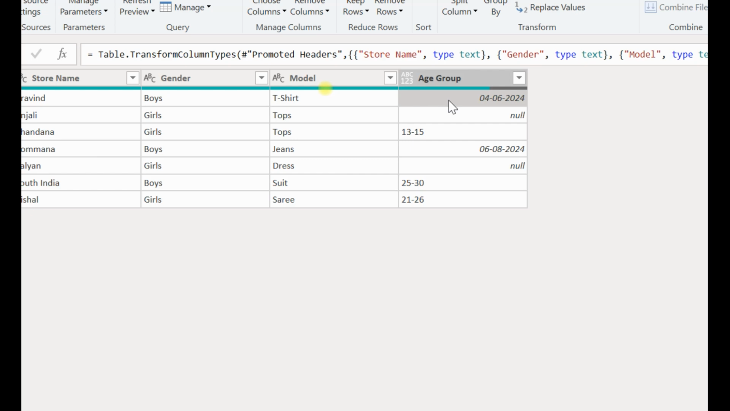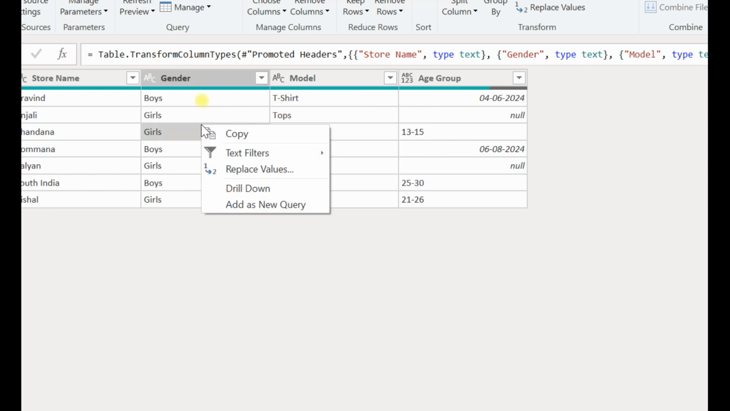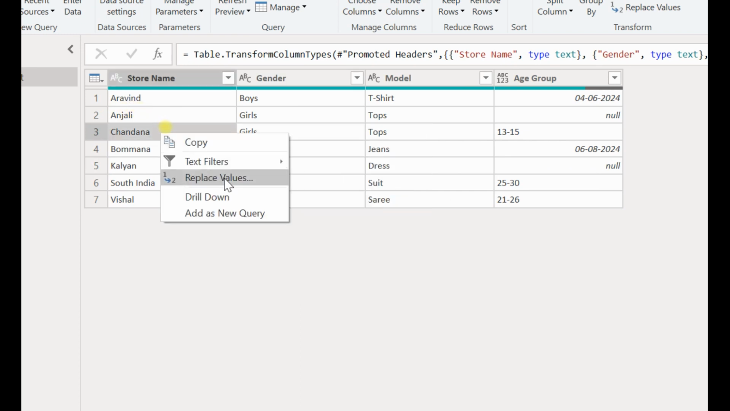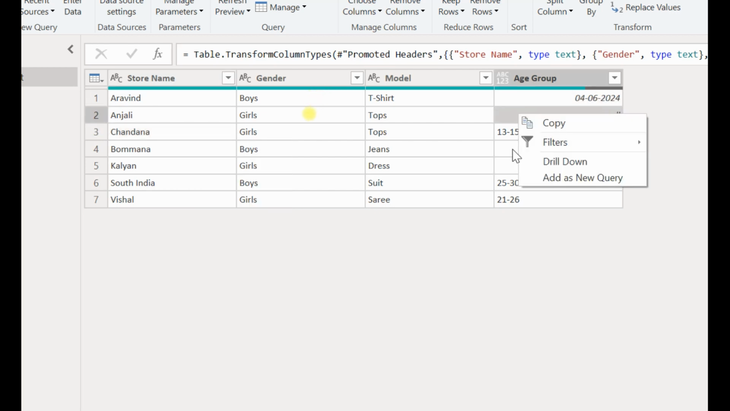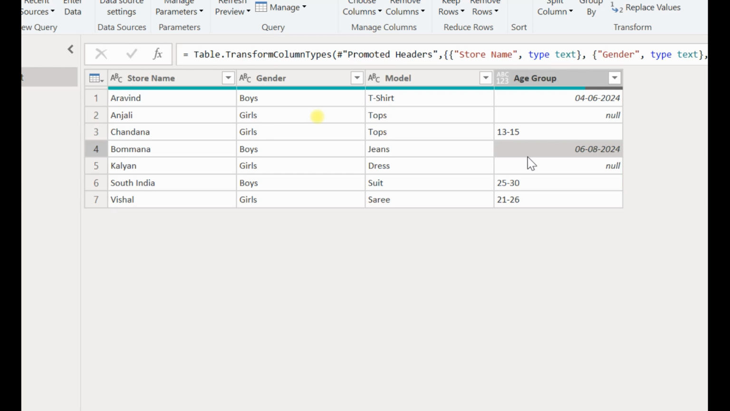So when we want to replace this date with the age group and we right click in that particular cell, we cannot find the replace values option here. But in the case of model, we can find replace values. In the case of gender also, we can find replace values. In the case of store name also, we can find the replace values, but we are unable to find the replace values in the age group column. The main reason is that